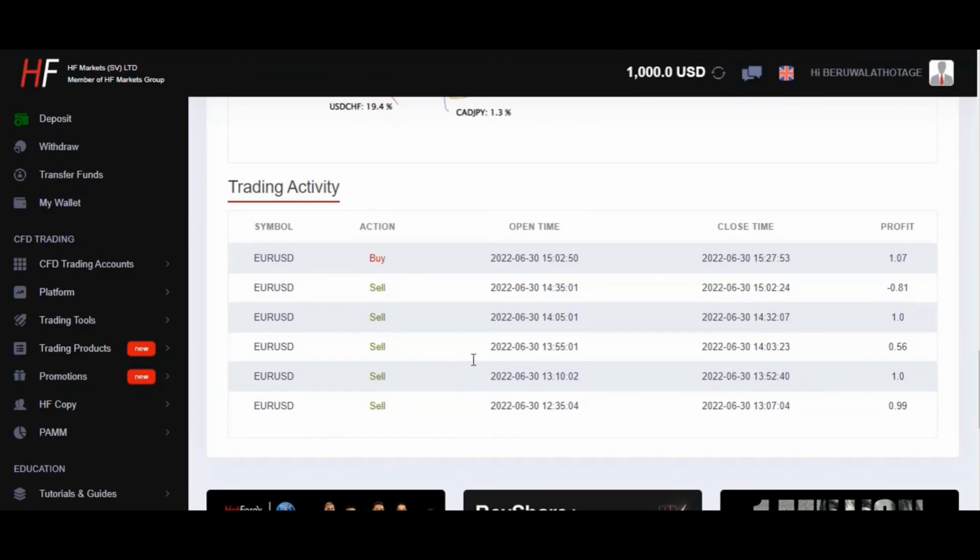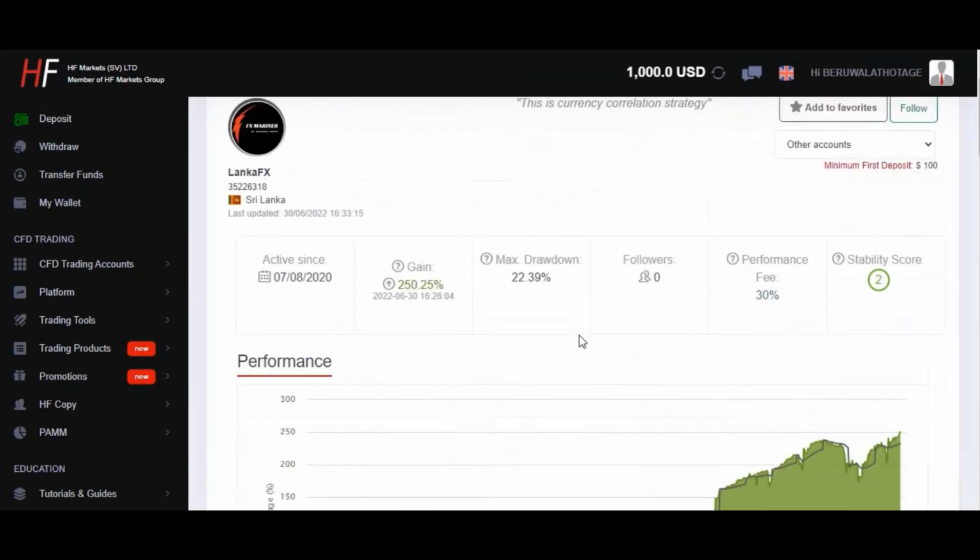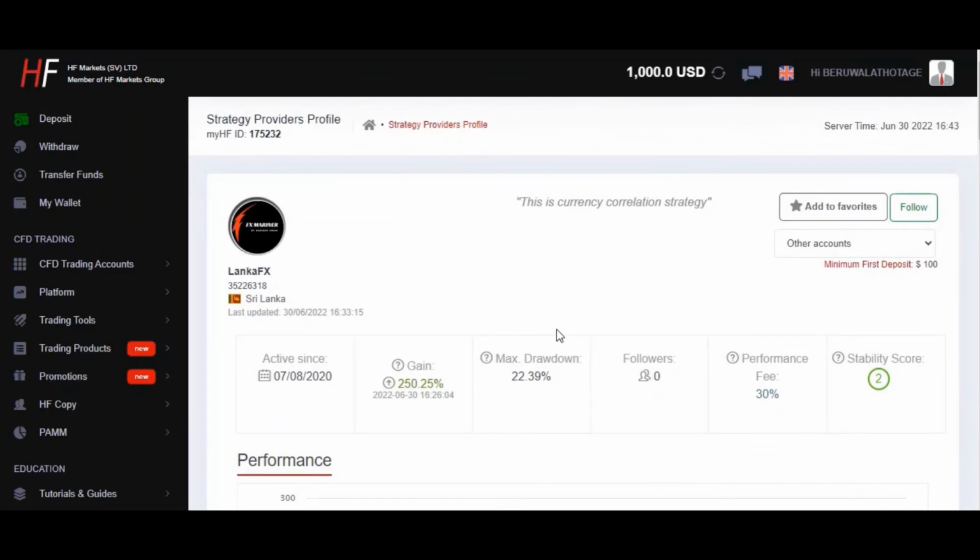So if someone is interested, he or she can check my history as well. So this is a strategy provider account, and if you want to follow, you have to click this one. Then again a new window appears. Here I cannot follow myself because this is my account, and using my follower account I cannot follow my strategy provider account. So I have explained how to choose a good follower, and if anybody is willing to follow me,